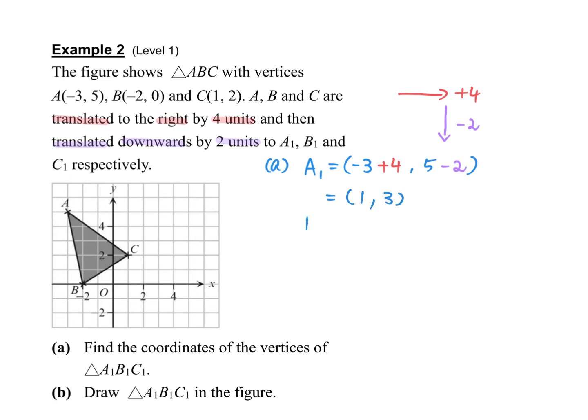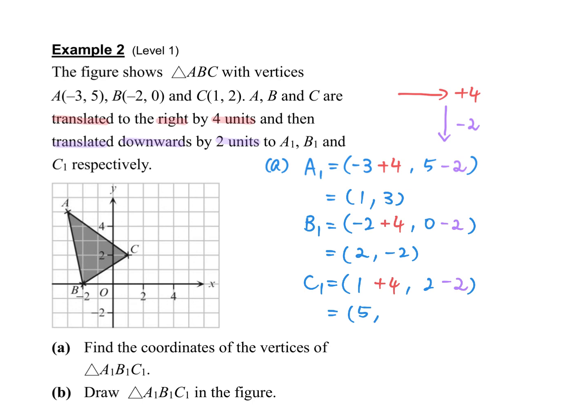And now we have B1, the starting point -2 and 0. The effect is the same. The first effect will be on the x coordinate, +4. The second one will be on the y coordinate. So B1 we will have 2 and -2. And then C1 similarly, starting point 1 and 2, and then the same effect, +4 and then -2. At the end we will have 5 and 0. Double check if you know what I am doing. To the right +4,